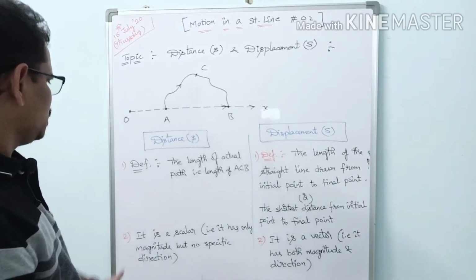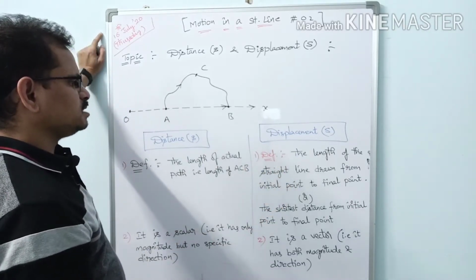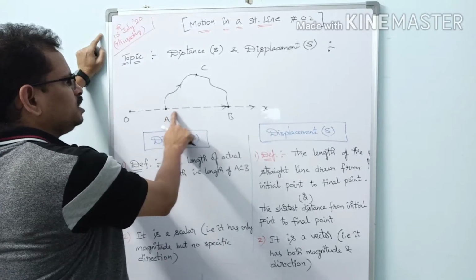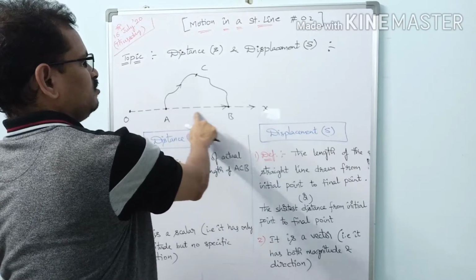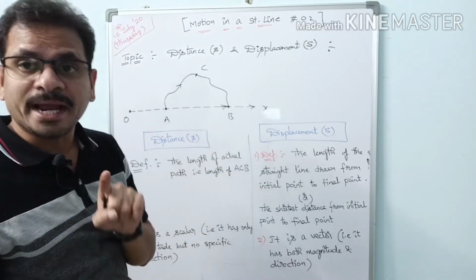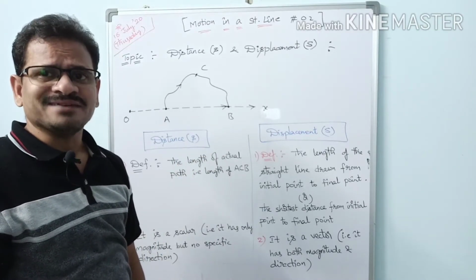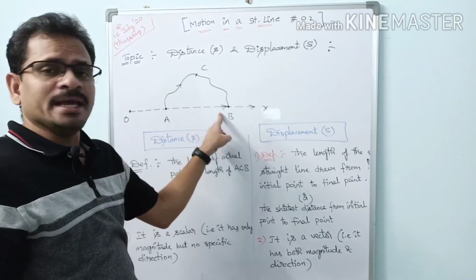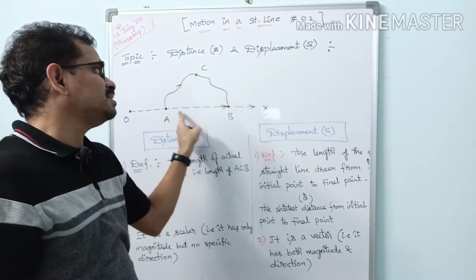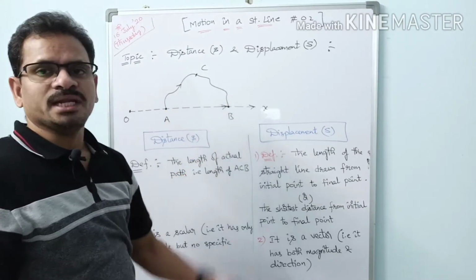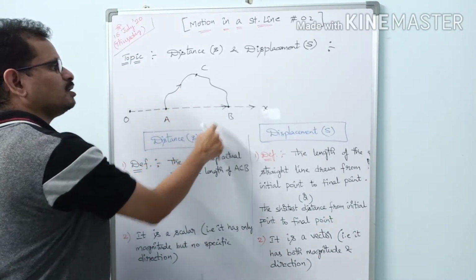So next one. What is the displacement here? It is nothing but the length of the straight line joining initial and final points, meaning the length of the straight line AB, the length of this line. Is this the actual path? It is not the actual path on which the particle has traveled or traversed. It is an imaginary line we are drawing, and this is the actual line. This is the imaginary line joining initial to final points, right? So this is the actual path and this is not the actual path, right?